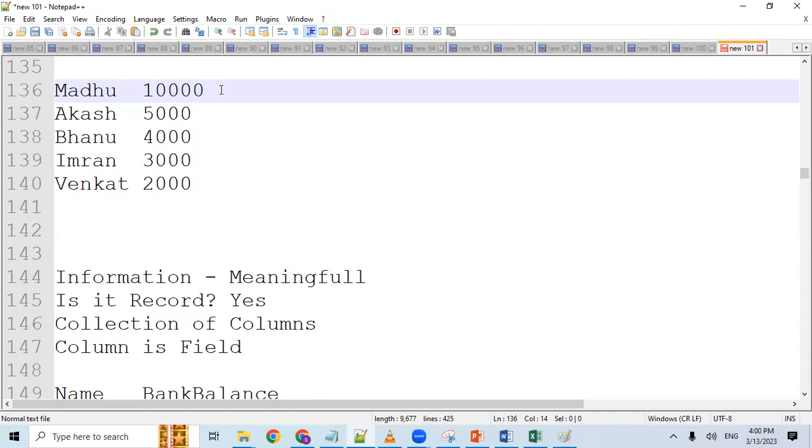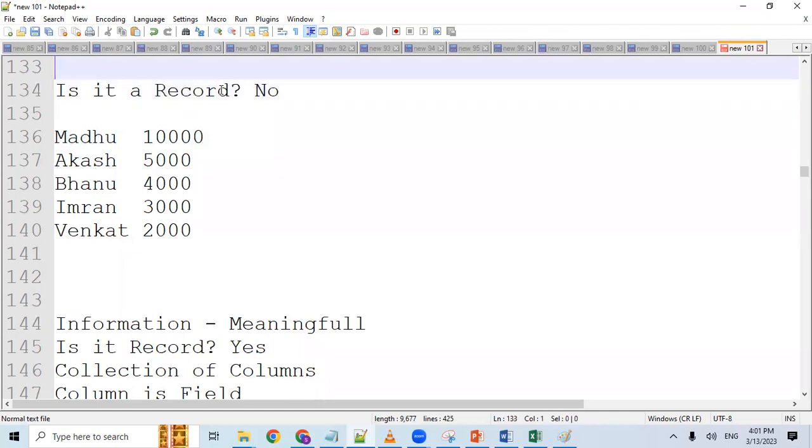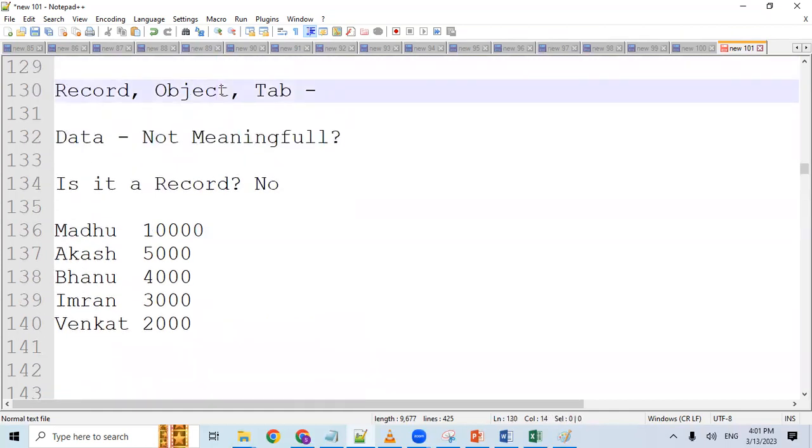Now, if you travel in any airways, they give some points. If you use a credit card, they give some points. It might be that. If you have 10,000 points, you can claim 2,000 rupees or 1,000 rupees. Like that they are giving. We don't know what it is, because there is no meaning. If the data has no meaning,